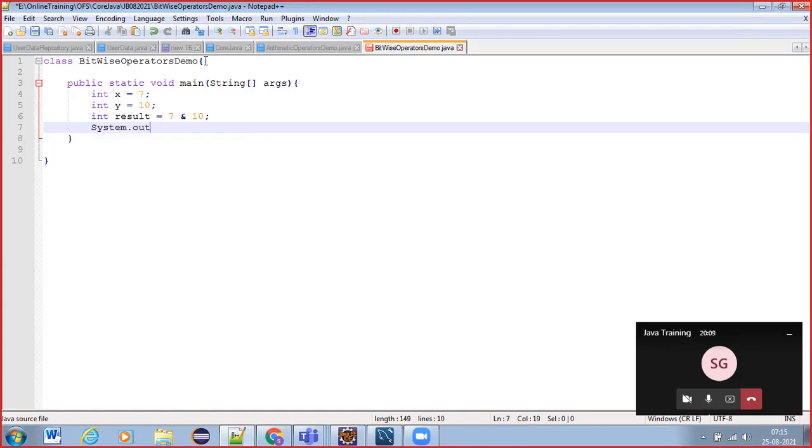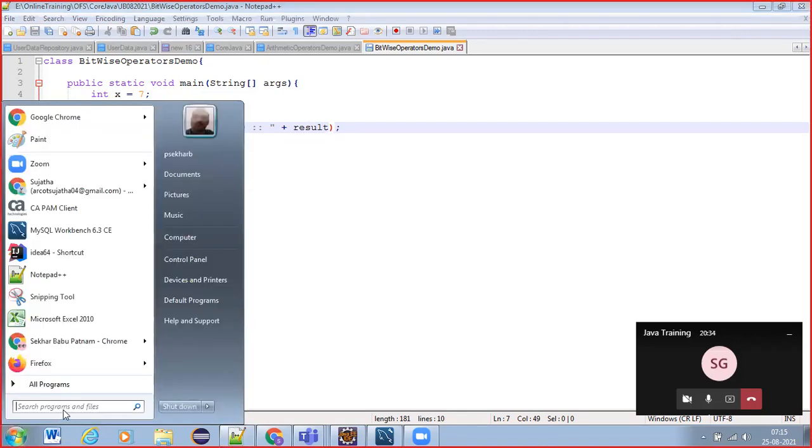System.out.println(result). Seven and 10. Let's run this and check how the output will come.